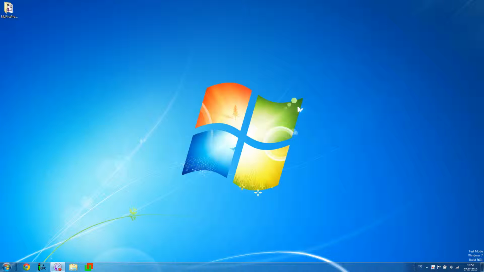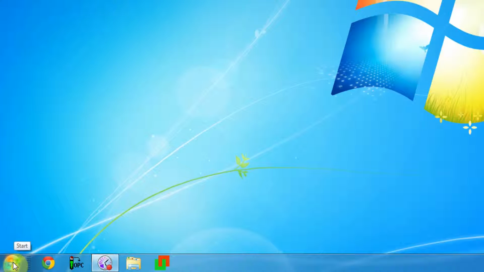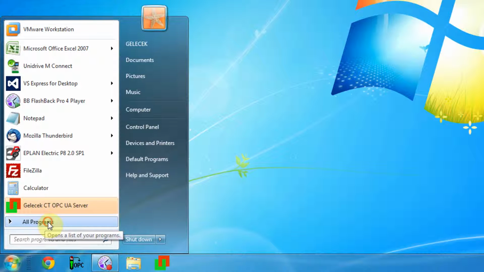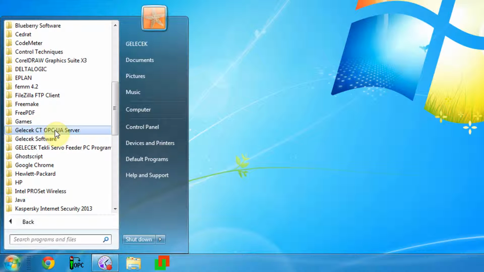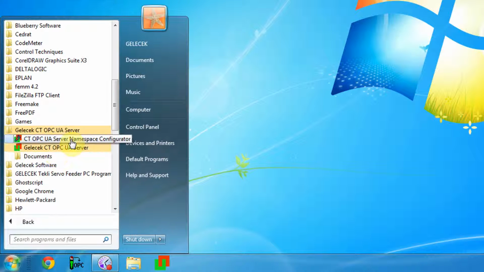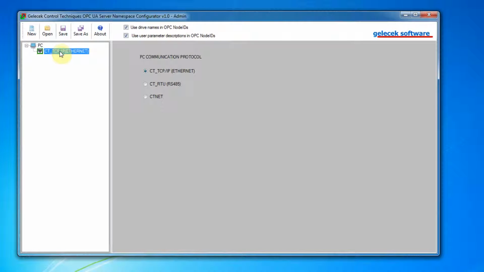In this video we will be explaining how to use the Namespace Configurator for OPC Server namespace. First we will run configuration software. Now we should set computer's communication protocol, which can be